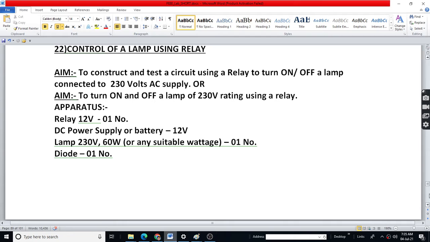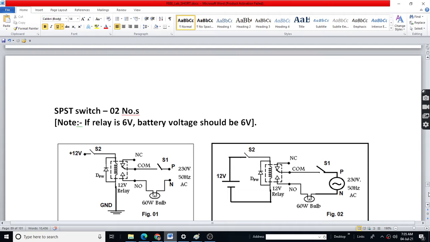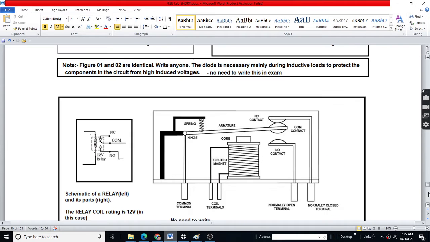See, a relay is like this. This is a relay, which is actually as shown in the right figure. It has a coil wound on a core, means an electromagnet.